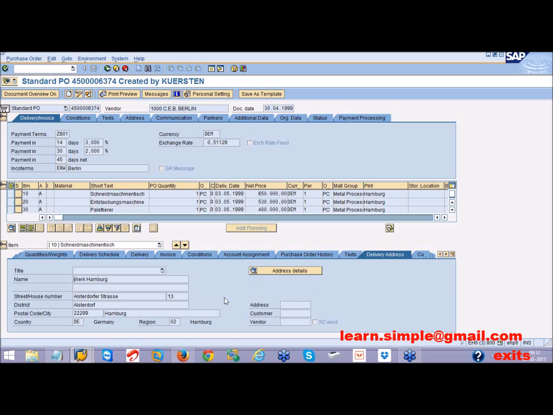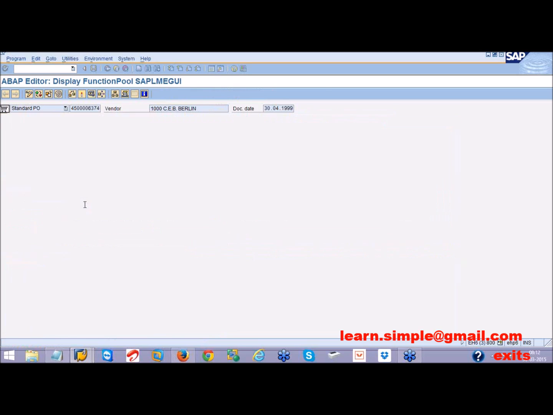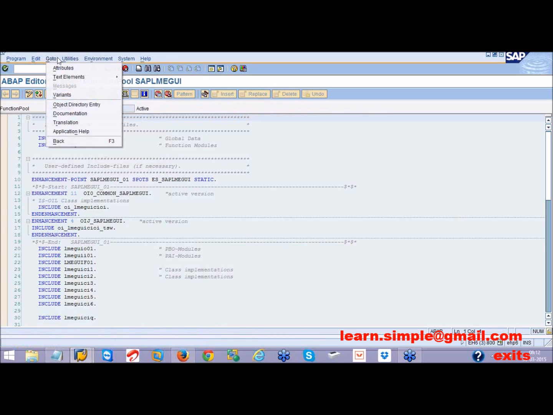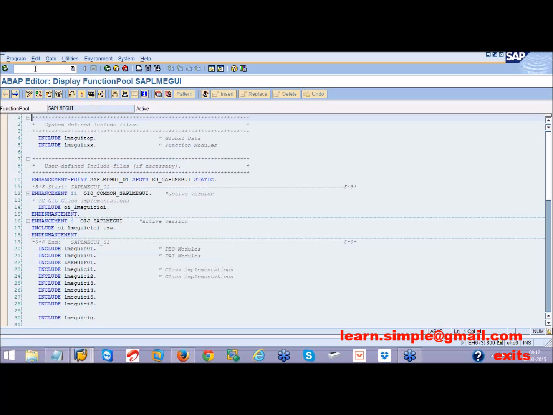So how to do this? How can I enhance this transaction for a screen? As usual, when you are inside this transaction, go to System, Status, go into the program, go to properties or attributes and note the package. Package is ME. Once you have noted down the package,